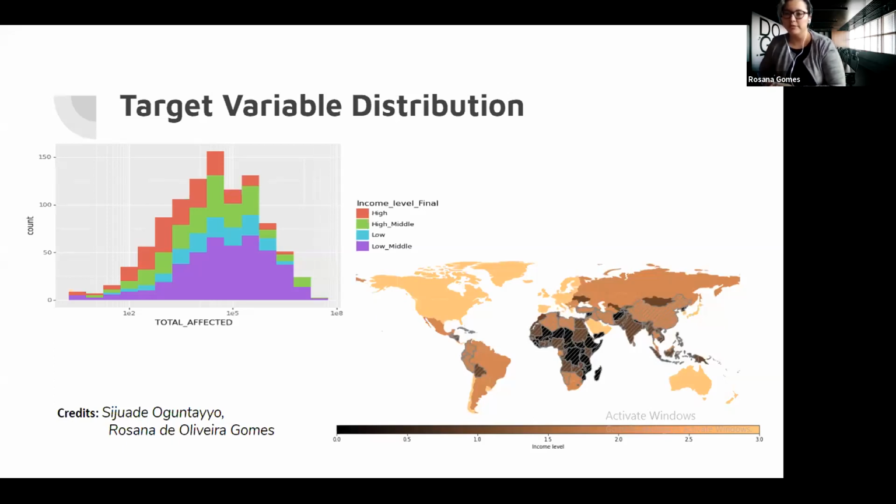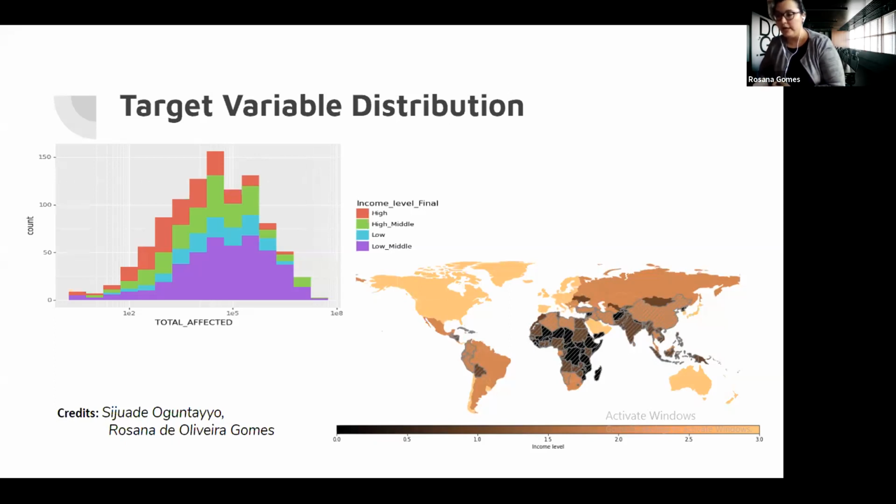So just to give some perspective, we are doing this project together with the World Food Program, and it's interesting to see here in this map. Here, in this map, we are also showing the income level of the world, and again, the darker areas are the ones that have the lowest income level. So you can see the highlighted in gray that these regions are the ones that the World Food Program is